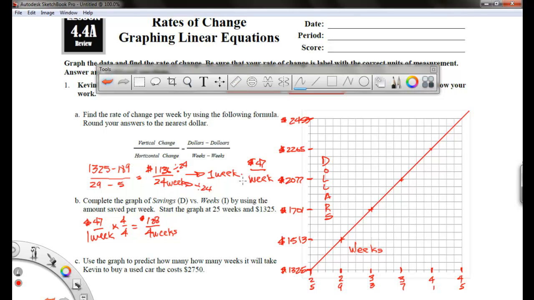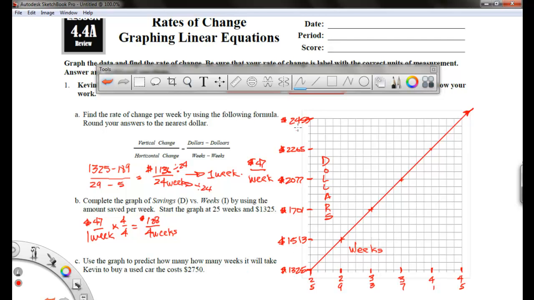So you'll be given some points for finding this. You'll be given some points for using this formula correctly. You'll be given points for figuring out your units, and then most of your points will come from doing this graph correctly. Okay, now it says use a graph to predict how many weeks it will take Kevin to buy a used car that costs